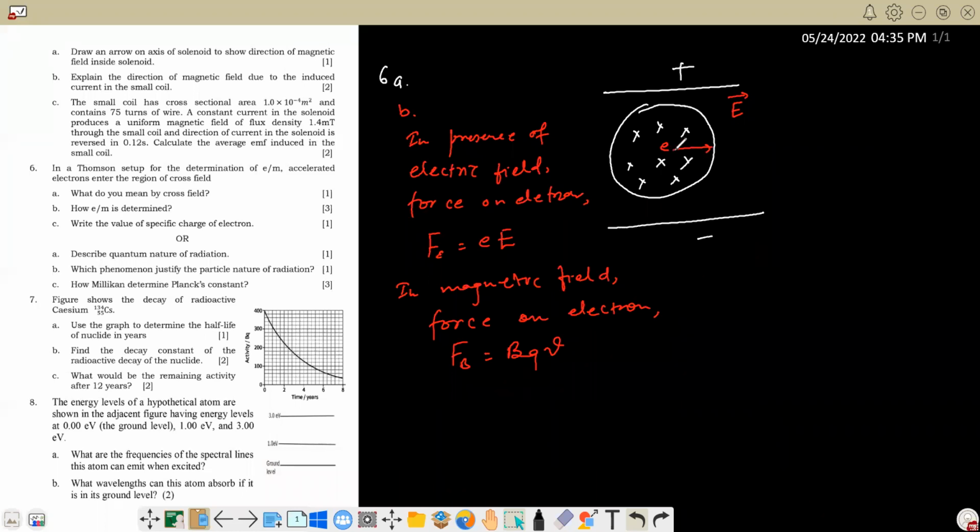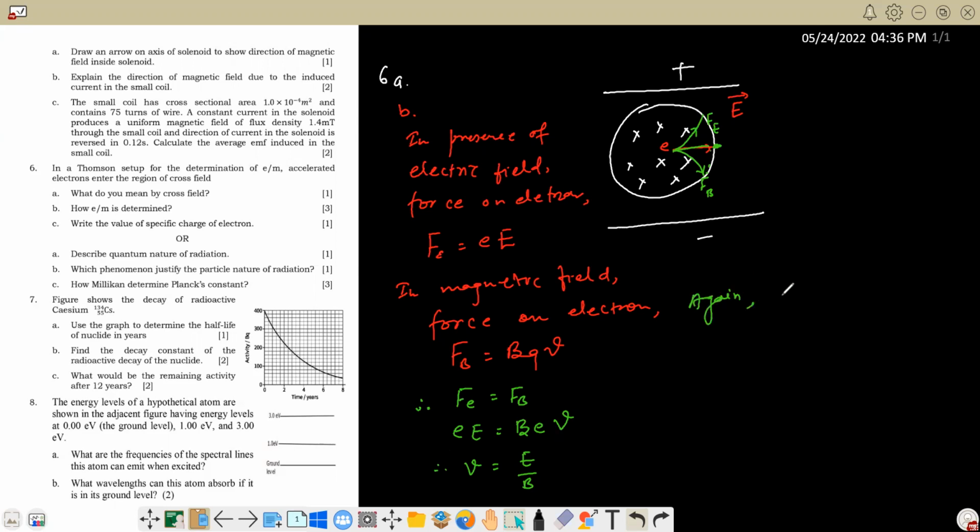If the charged particle tries to displace this way, the magnetic force FB acts this way, and the electric force FE acts on the charged particle upward. If these two are equal and opposite, this is the location of the charged particle. Therefore FE equals FB, so eE equals B e v, with electron charge in place of Q. The e cancels and the velocity is E by B. Once you get the velocity of the electron here, you can simply follow the idea of kinetic energy of the particle. So again